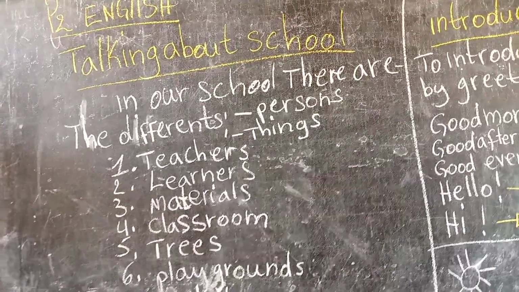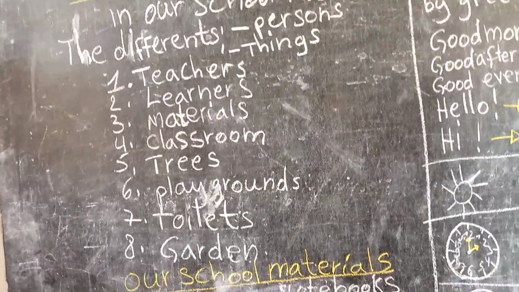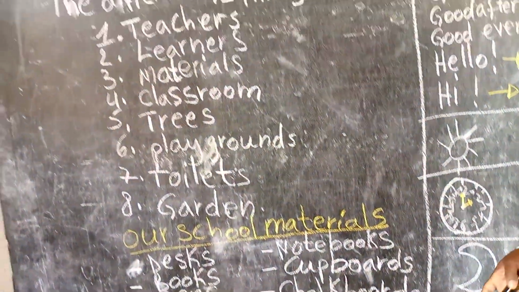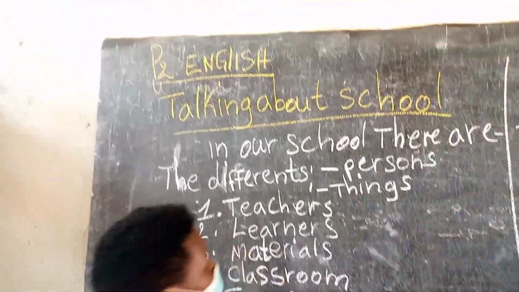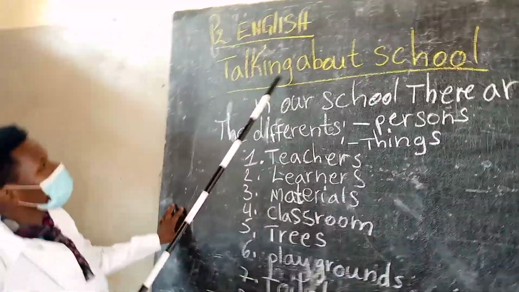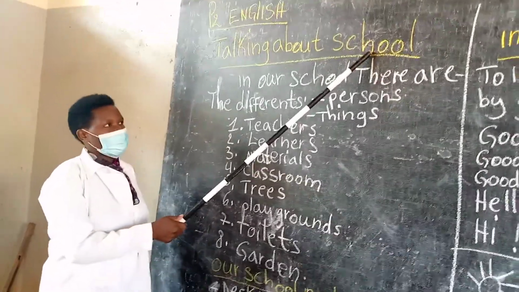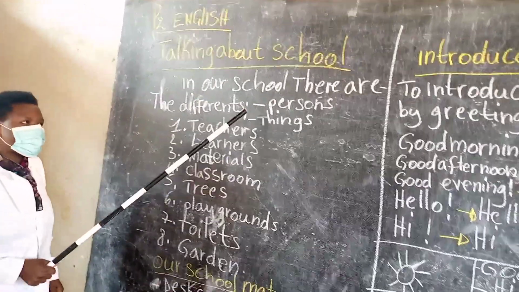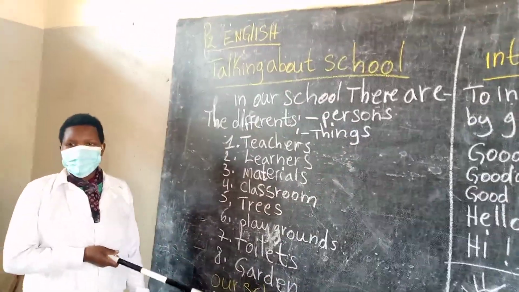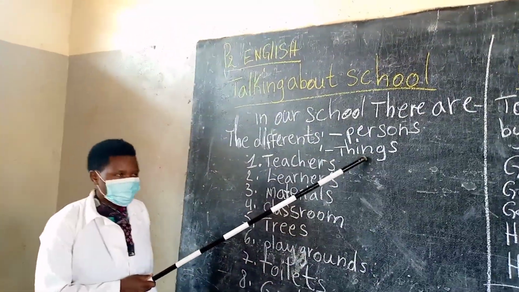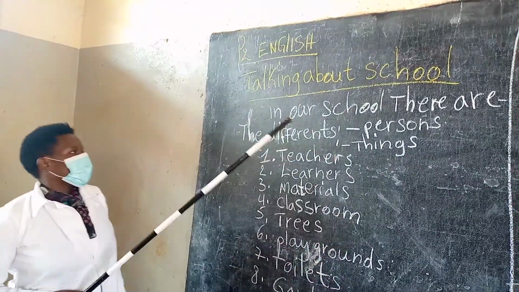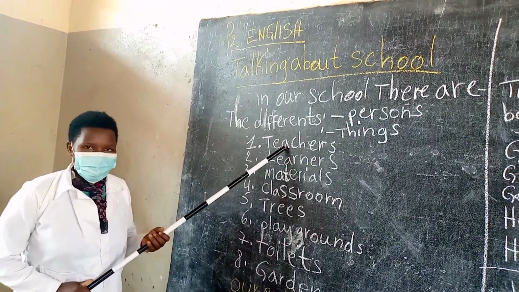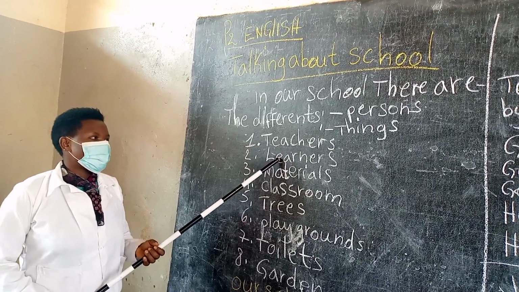A summary of English that we may use to help our learners to study. We start the lesson by talking about school. In our school, there are different persons and different things. When we are at school, there are the teachers, there are learners,